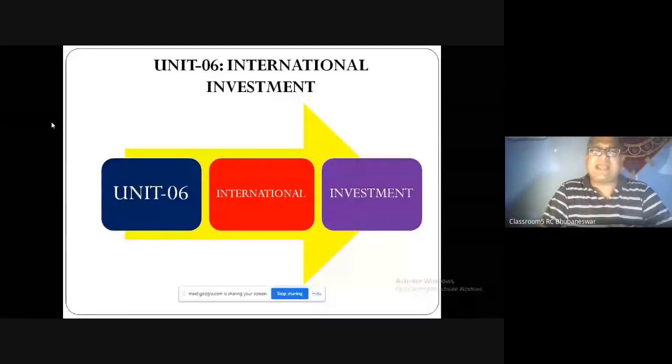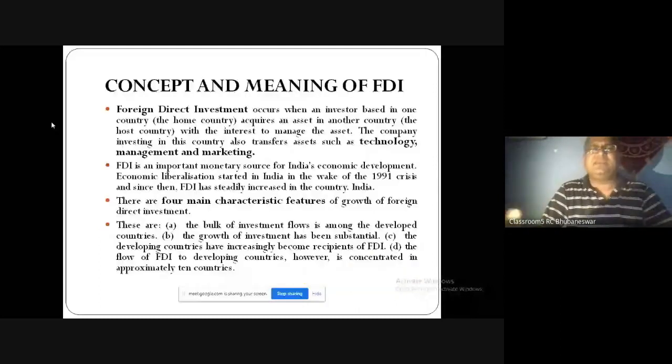And another concept is unit 6. In unit 6, the concept is international investment. Investment here means the financing, or the position of how funds will be raised through international business. If you talk about investment, here only one term comes up, that is foreign